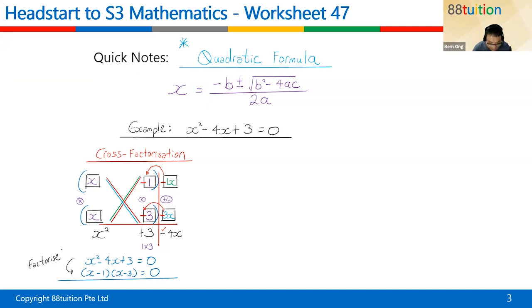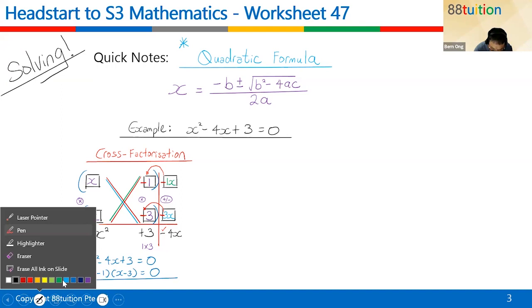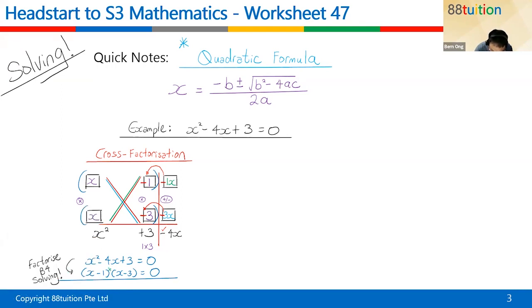From here to here, you're doing something called factorizing. Remember me always telling you, in order to solve, we are actually doing something called solving a quadratic equation. So in order to solve, you need to factorize before solving. I say this statement out many times already. Please remember, if you are using this method, factorize before solving. So once you get to here, what can you say? Because down here is a times, you can say that x minus 1 is equal to 0, or, remember this, you can say that x minus 3 is equal to 0.